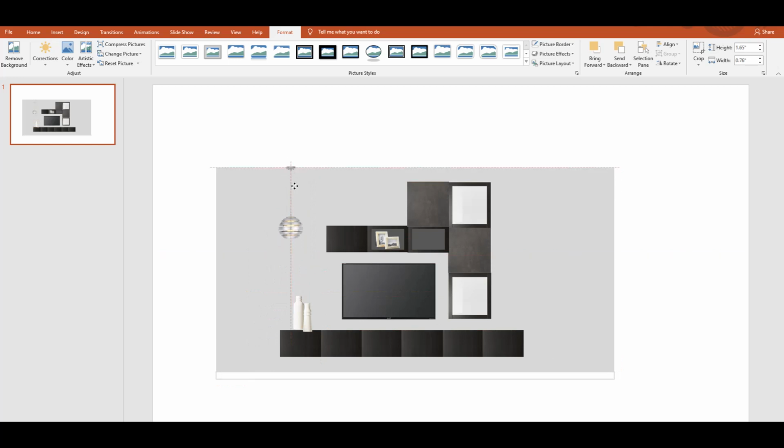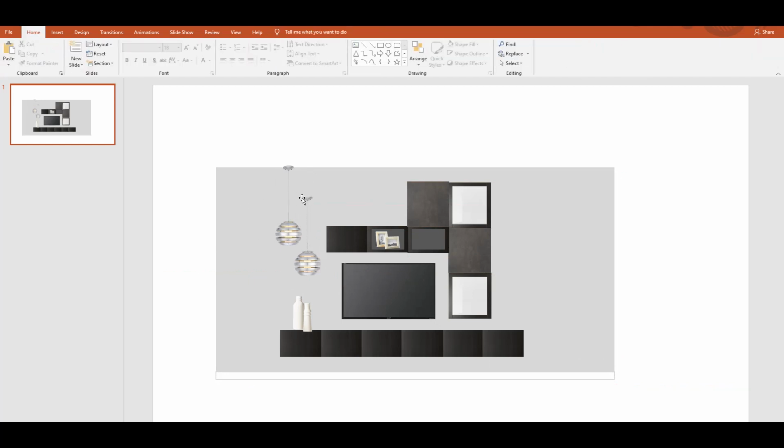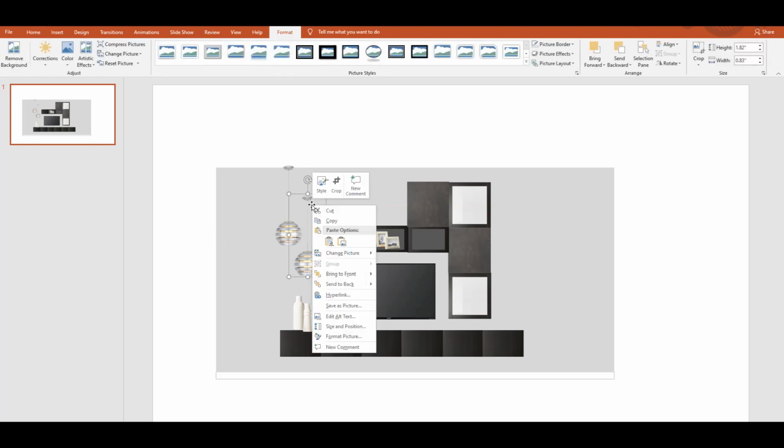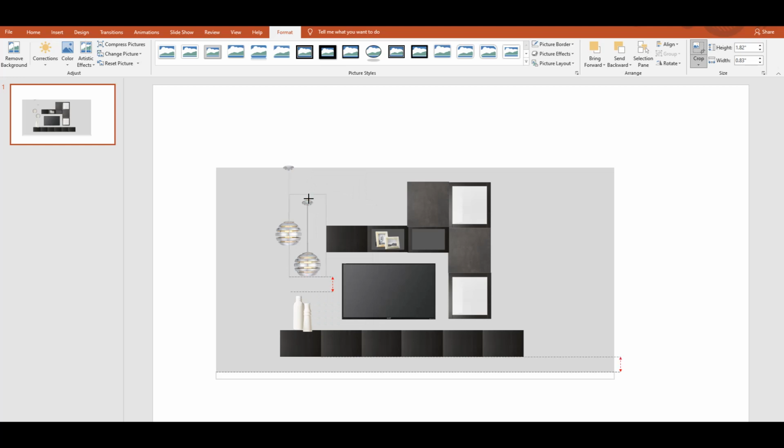right scale. You know, because you don't want them to think they're getting a giant light if it's only, you know, 8-inch diameter. Now, if we want, we can do Control Copy, Control Paste, and maybe there's 2 lights. And maybe what we want to do is get rid of this, so we just click on it. We're going to crop the picture, and we're going to crop it and get rid of